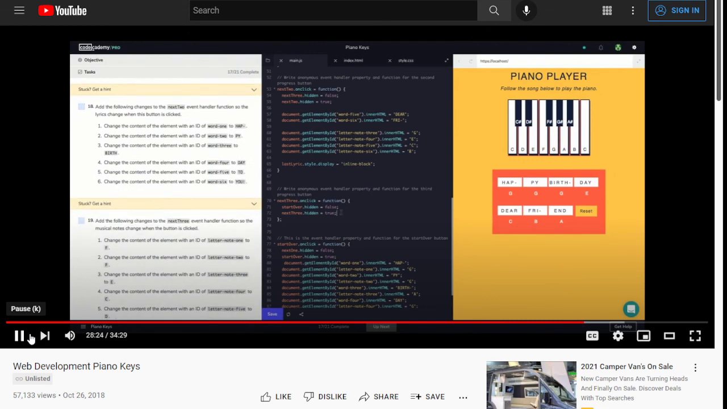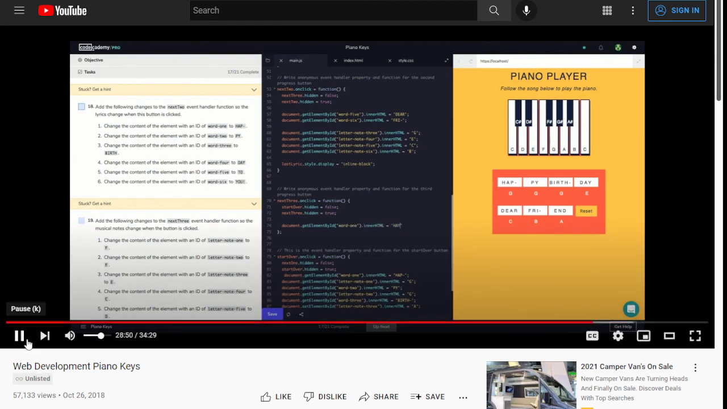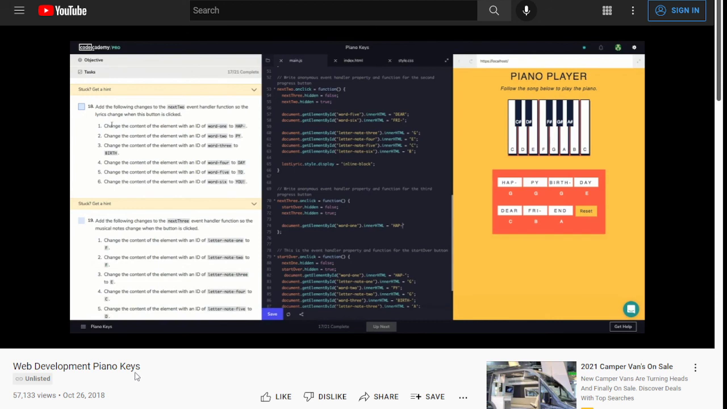So we're going to change the contents of all these lyrics, and we're going to use the same thing we had before and change them to the last part of the lyrics. We'll go ahead and write document.getElementById. We're going to pass in the first word, which is word 1, and change its innerHTML. Assign that to HAP-. These are all found right here. So there's going to be 6 changes we're going to make. So I'm just going to grab this line here, copy paste it,